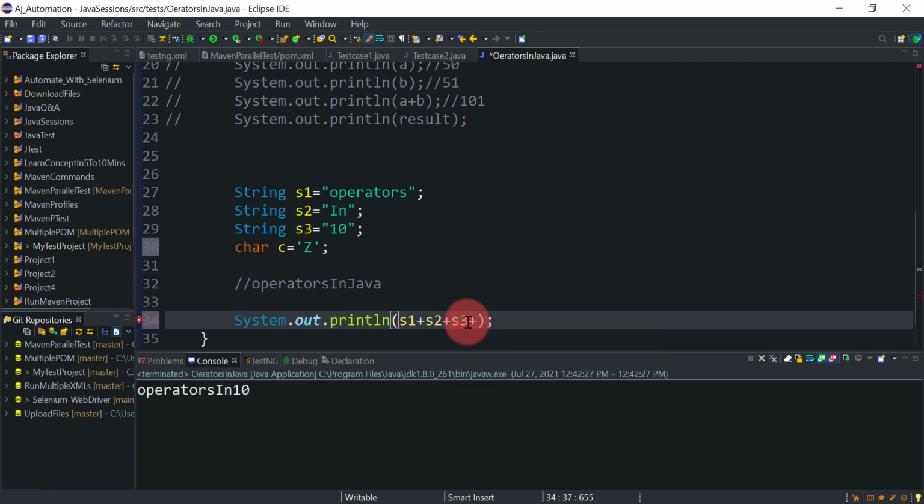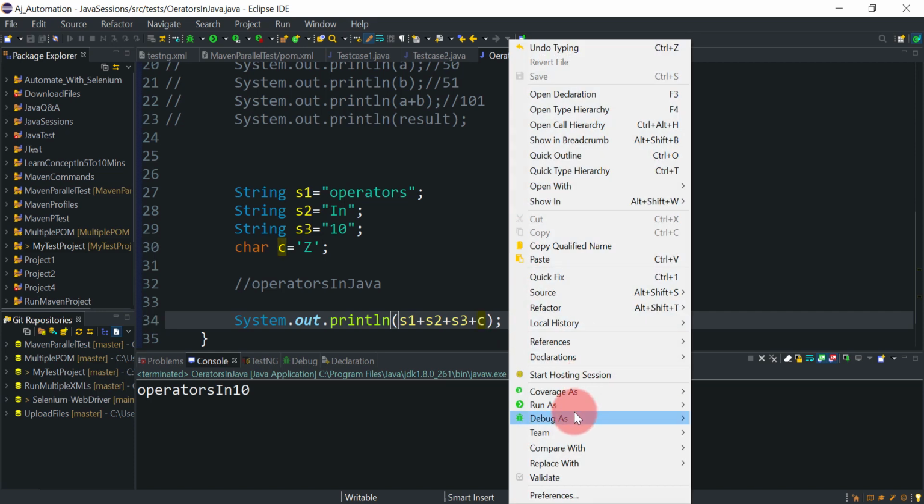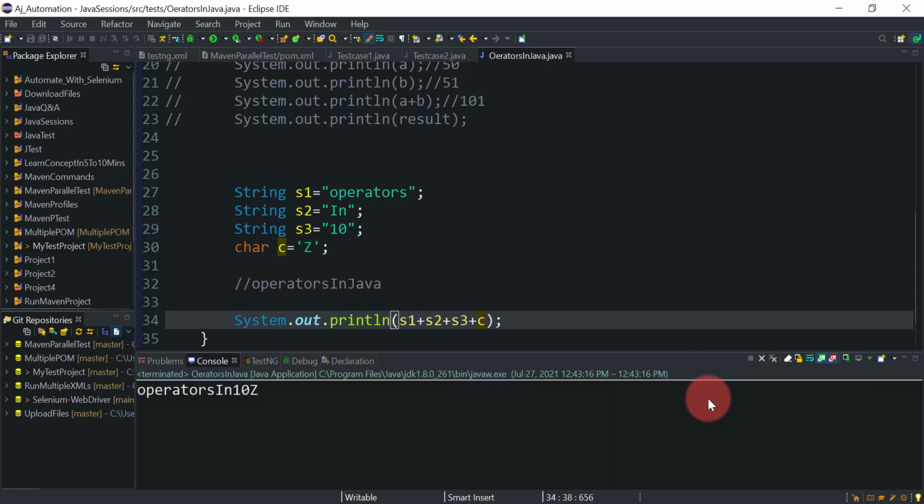I concat this character c with the string, and if I run it, there is no issue, you will get the concat. It will concat whatever character value to the string, because a string is nothing but an array of characters, right?